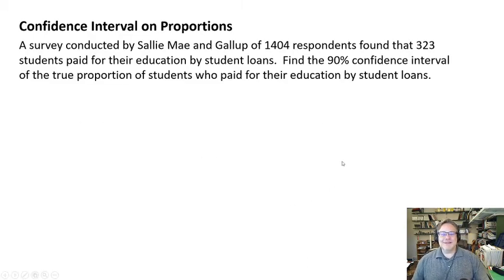All right, so let's try to create this confidence interval here now. A survey conducted by Sallie Mae and Gallup of 1,404 respondents found that 323 students paid for their education by student loans. Find the 90% confidence interval of the true proportion of students who paid for their education by student loans. All right, so let's first of all ask the question, what is p? What is the thing that we're trying to find here? In this case, the population proportion here